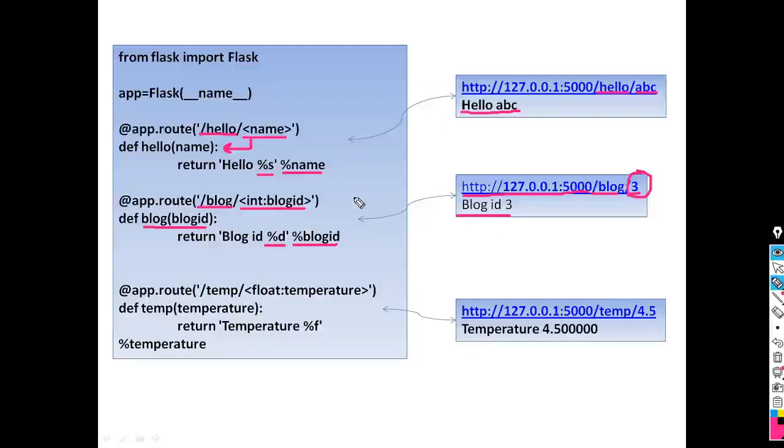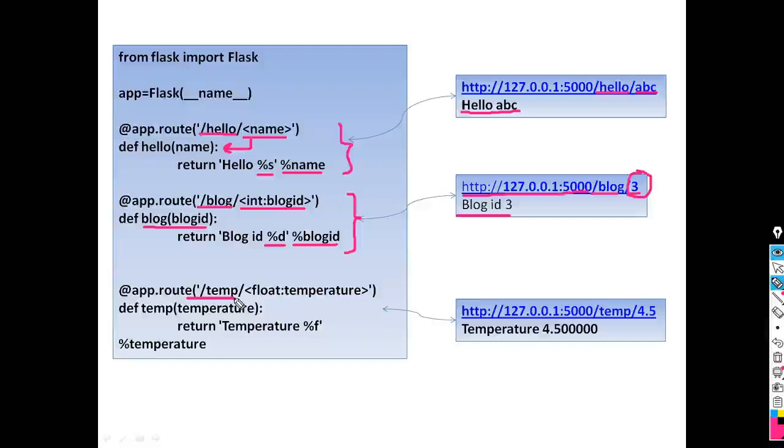Okay, look here. In the first URL we have used the string data type. This one. In the second URL, we have used the integer data type. And for the third one, we are going to use the float data type. So how can we use this one? Again, right here in the URL, suppose we have to enter data for temperature. Temperature has a float type, real type, so we can use the float data type for this one.